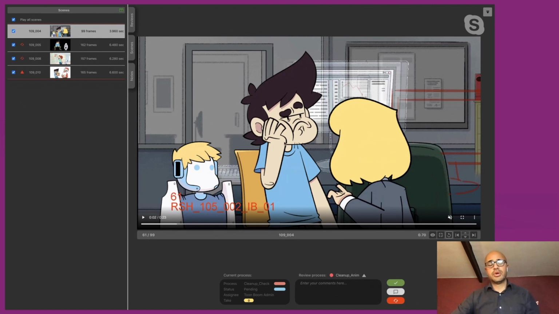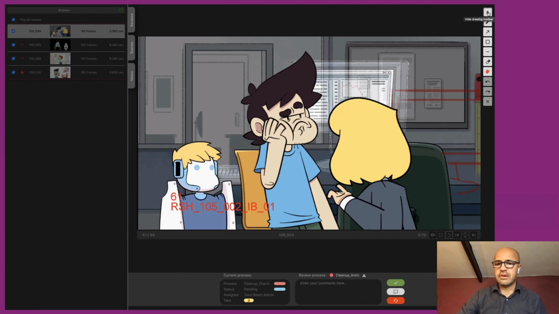Once you've stumbled upon a frame that you would like to change, you can add an annotation to that frame by showing the drawing tools over here. And now you can access maybe the pen and draw something else on the frame. You can add an arrow.